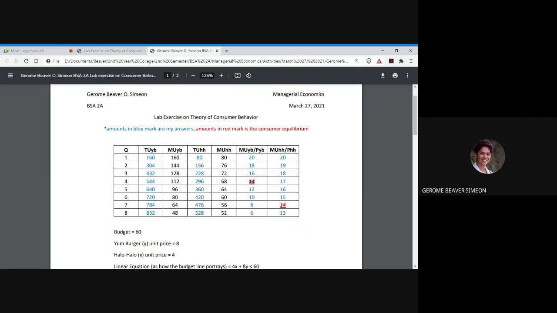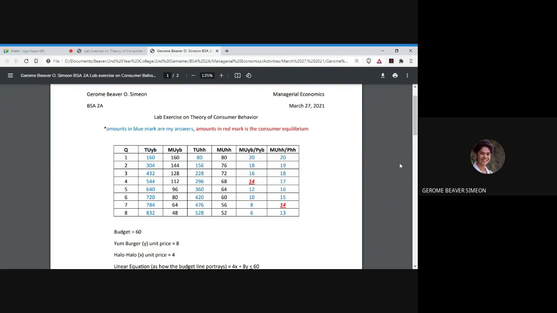So that is the equilibrium because when you combine both of those, you can maximize both your marginal utility and your budget. So yung budget mo sapat and yung satisfaction mo at that what you bought is at its